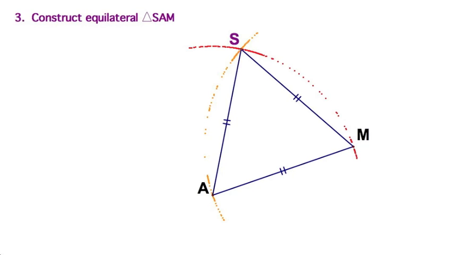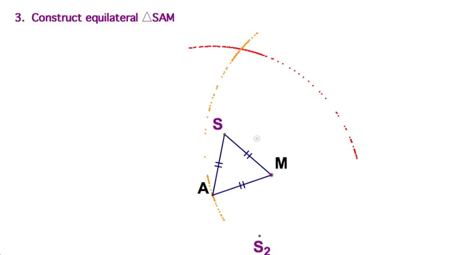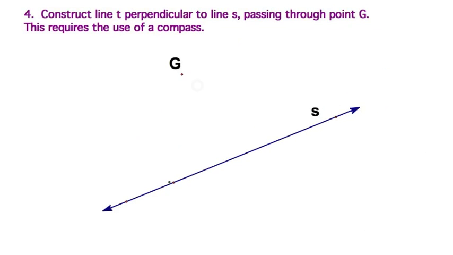So now, well, that's really nice, but was that the only way? Well, no, of course. Down below, I could have put it down on the opposite side. So there were two possible locations for point S. But that's it. It's really the perpendicular bisector construction. That's easy. Well, here we're going to construct a line perpendicular to S that passes through G, which is not